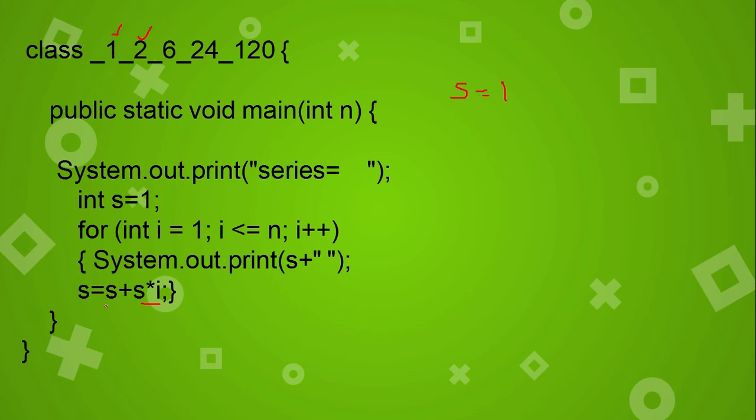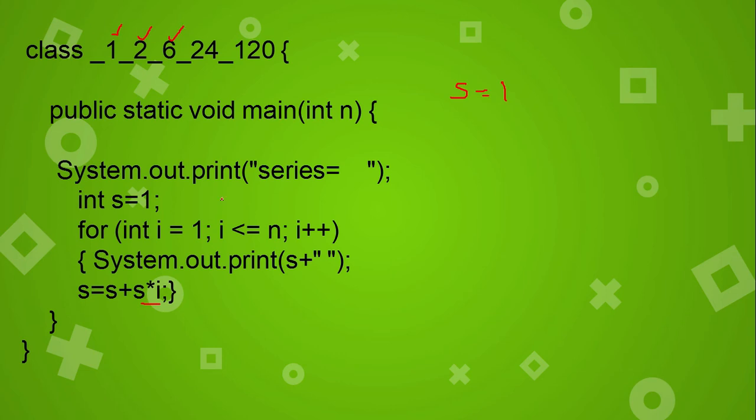Now next calculation. s is equal to s plus s into i. In s 2 is there, 2 plus s into i. That means 2 into 2, 4. 4 plus 2, 6. Okay. So what is the new value of s? 6. Coming over here, i plus plus, this becomes 3. 3 less than or equal to n, correct. Print s. Print s means 6 will be printed. That's the value we have calculated and kept.